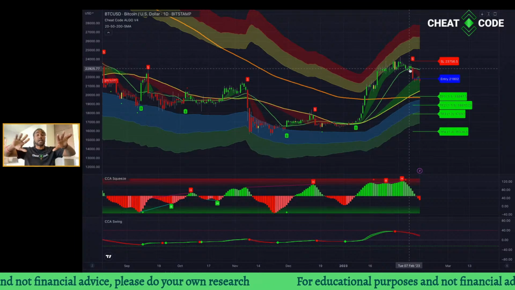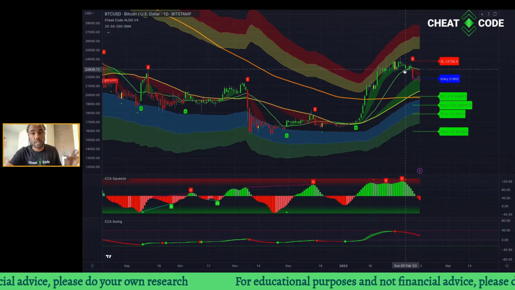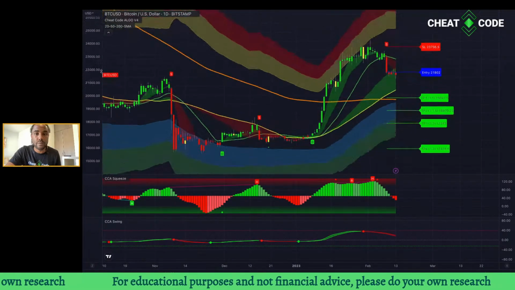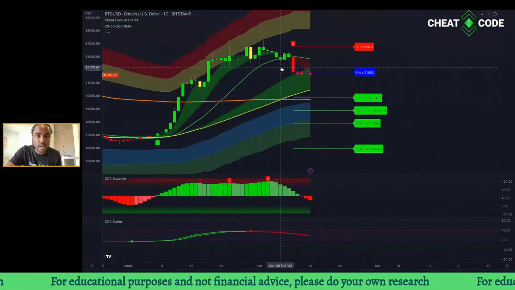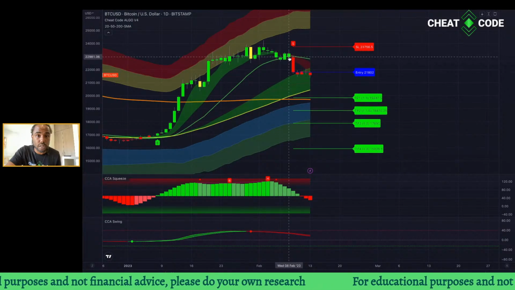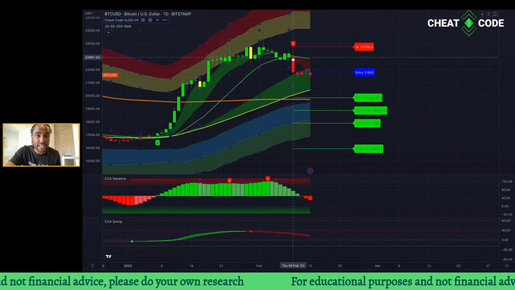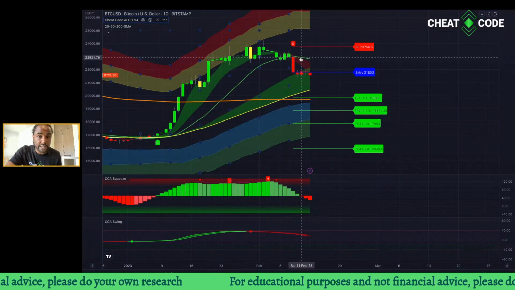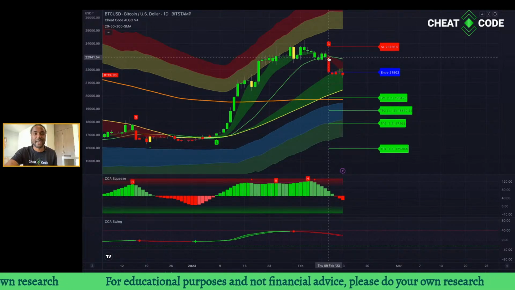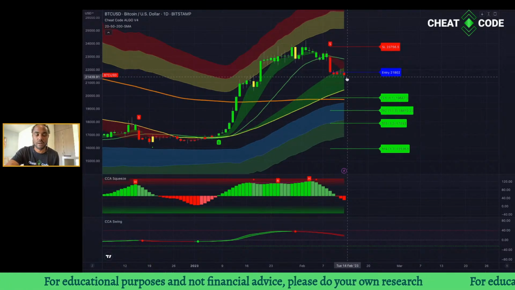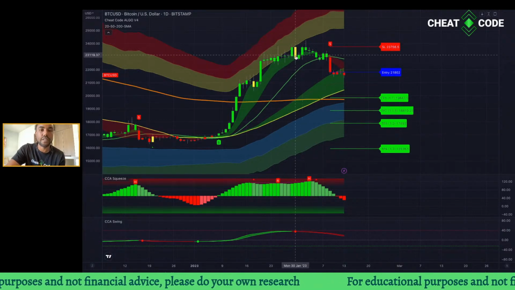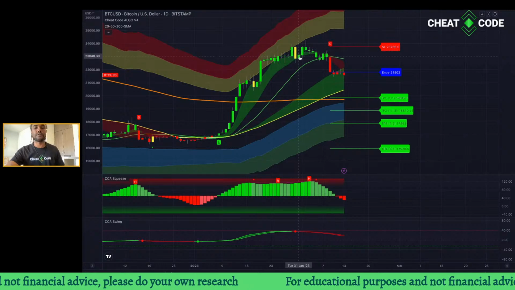Right. So that's your first sign that, man, I see some weakness in the market, because we're really trying to hold this 20. And a couple of these days, if we really zoom in, you can see we opened below the 20 and closed above. We opened below the 20 and closed above. But this day we opened below the 20. And once that happens, when you can't hold your 20, you're gone. And not to mention, you got your caution candles giving you a warning sign that we're reaching an area of supply.